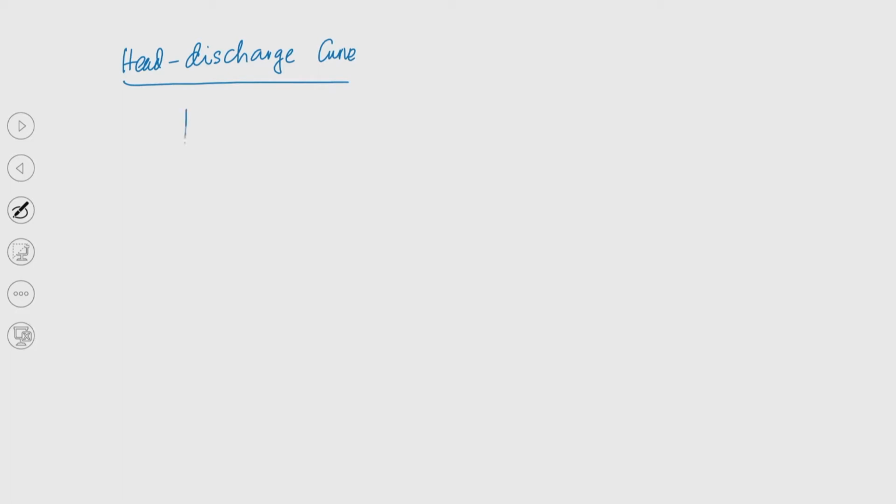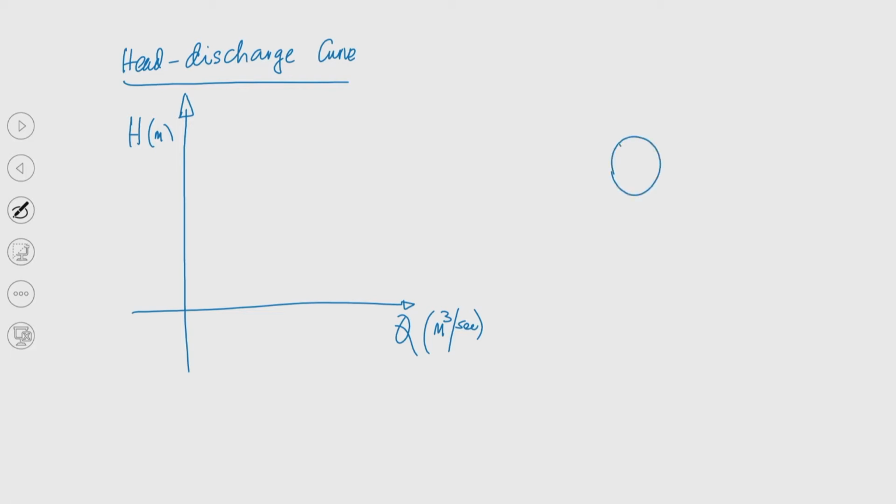So, if I try to draw this, this is Q, this is H. So, this is meter and this is meter cube per second. Okay. And if I just draw the schematic,